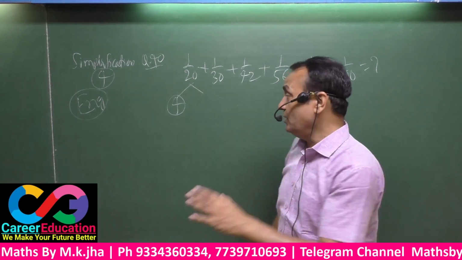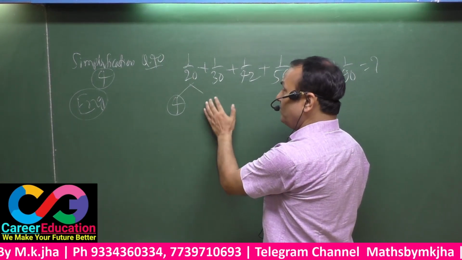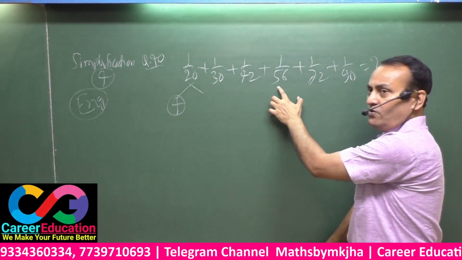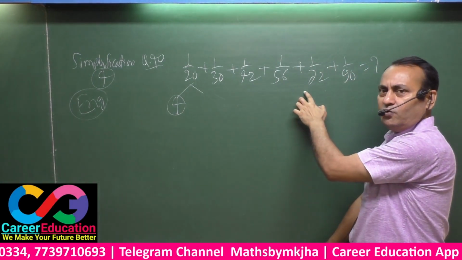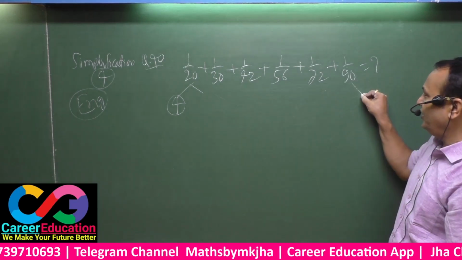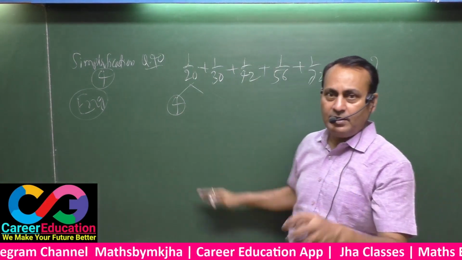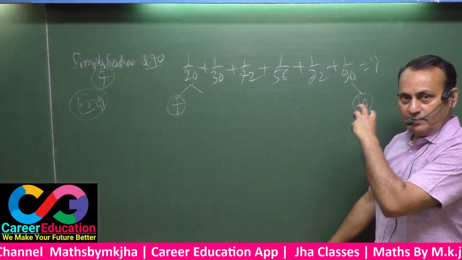See here verbally, this is 4 and 5. This will be 5 and 6, 6 into 7, 7 into 8, go ahead, 8 into 9, 9 into 10. Here the smaller will be picked up. There the bigger will be picked up.